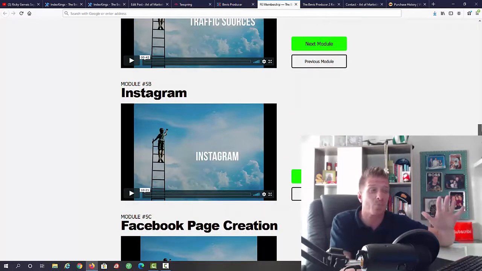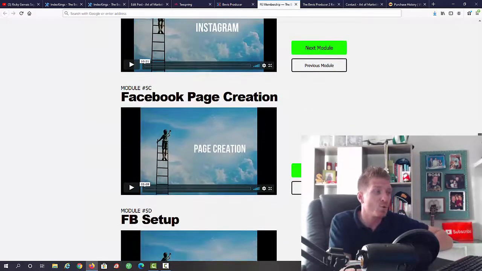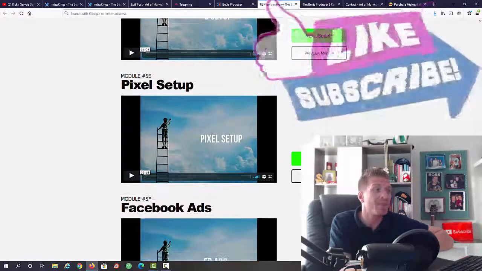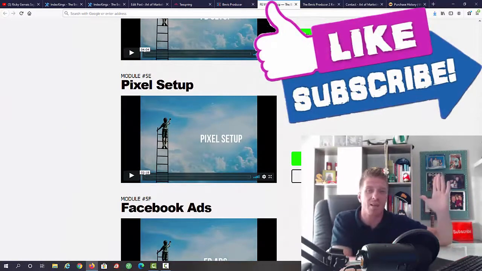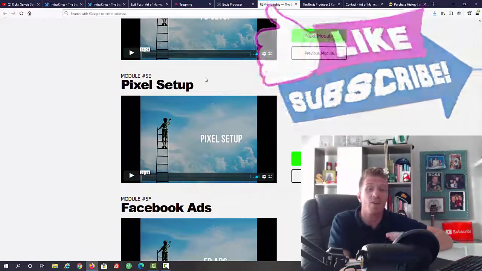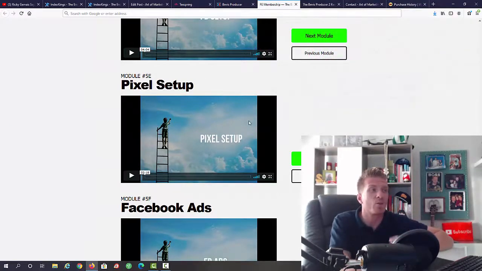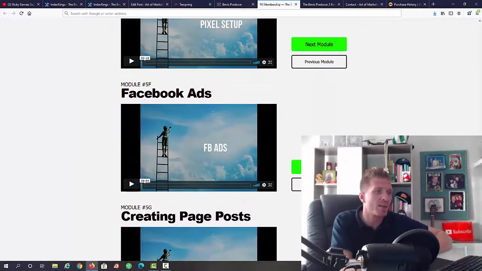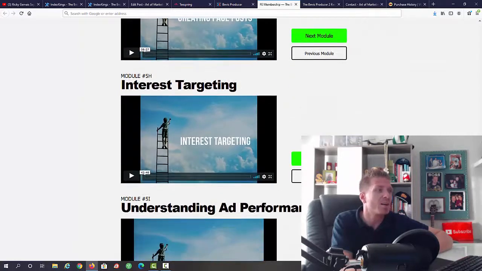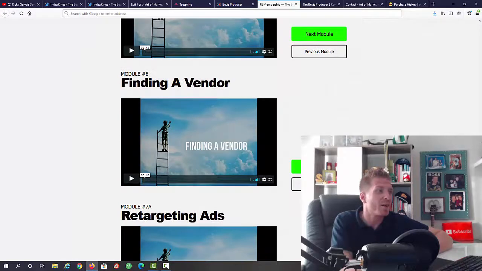You can also scale this up with Instagram, with a Facebook page. As you can see, Facebook page creation right here, Facebook setup and pixel setup, because if you really want to scale this up beyond belief, you can add Facebook ads to it, and these are retargeting ads, so you won't be paying, you know, hundreds of dollars per day or thousands of dollars per day. You will be retargeting people, which means essentially a few clicks per visitors. Okay, so we have Facebook ads right here, creating page posts, interest targeting, understanding ad performance, and finding a vendor,